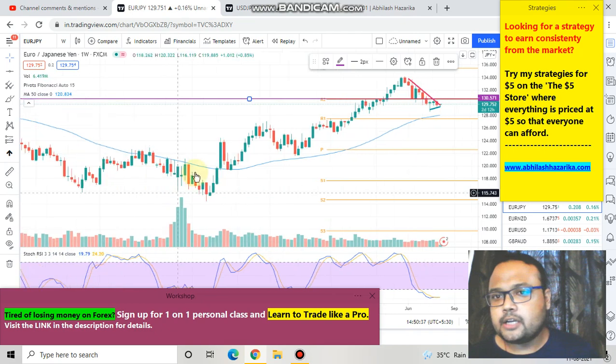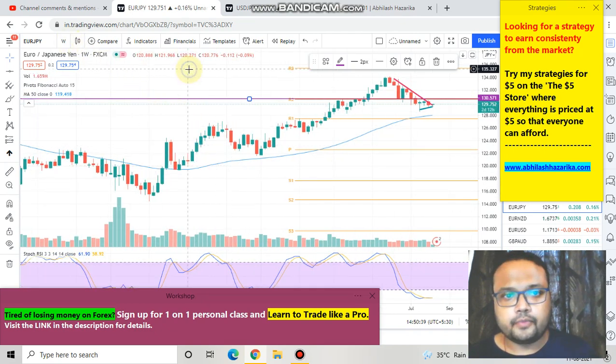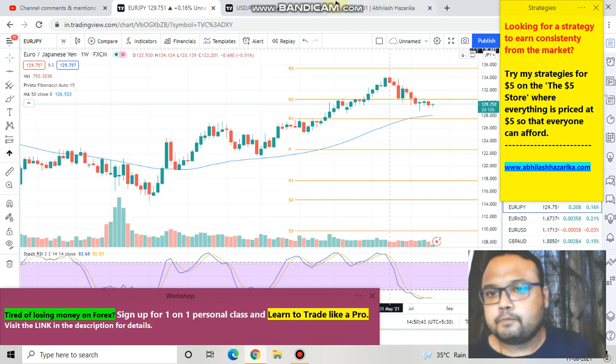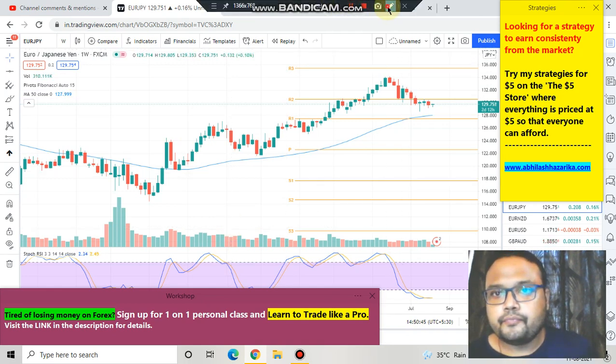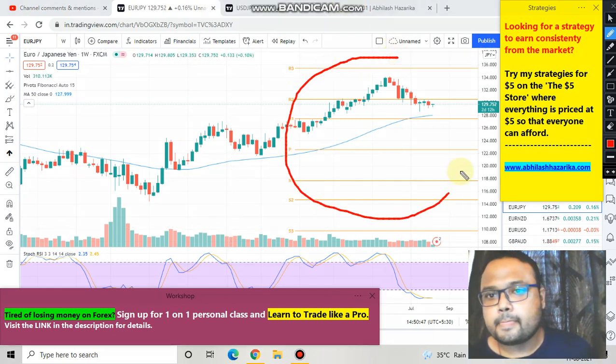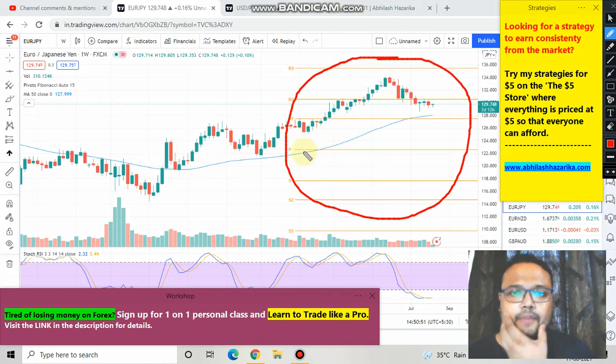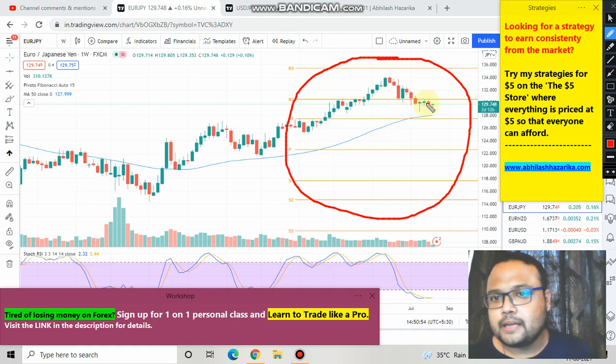So this is the weekly chart of EURJPY. Let me remove the drawings, and now you can see that this market is in an uptrend. In the higher time frame, in the weekly time frame, this market is in an uptrend, and we are seeing constant